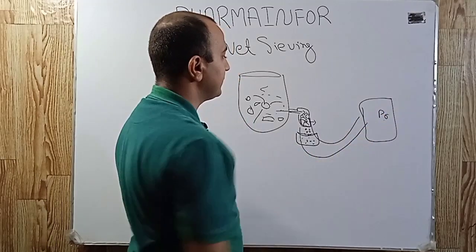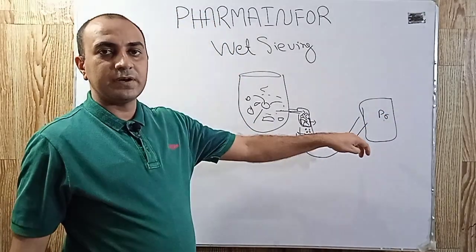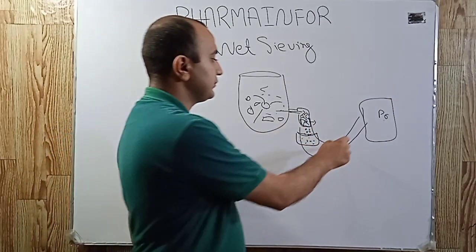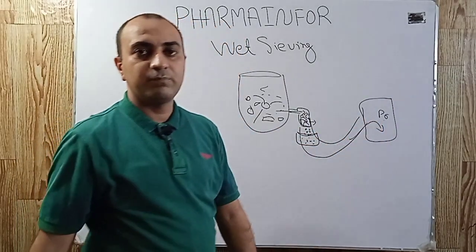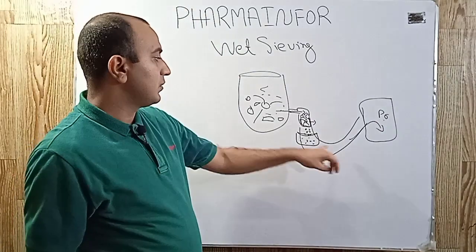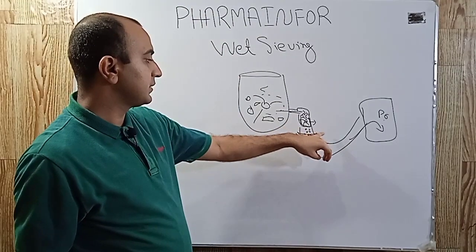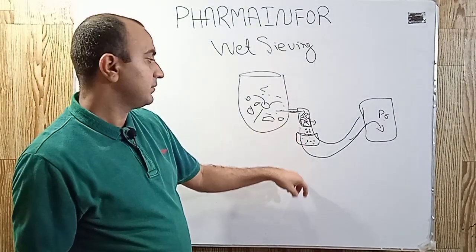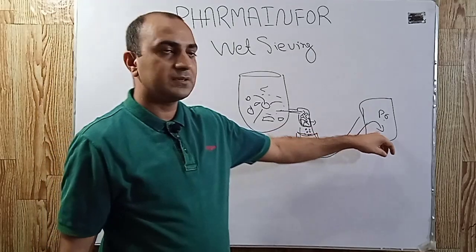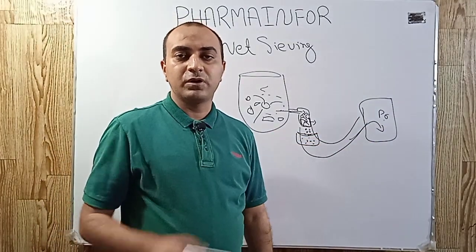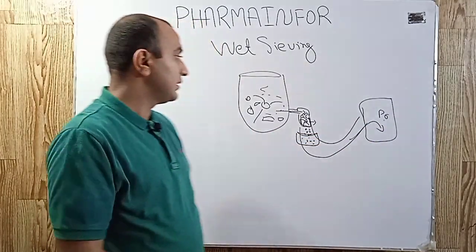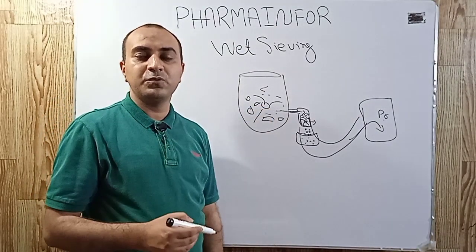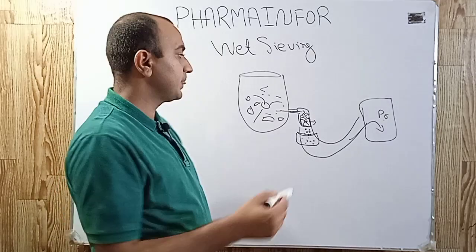product trolley of FBD. We use transfer pipes which automatically transfer our wet sieved granules to the product trolley of the FBD, or manually you can place a container below the wet mill. After filling the container with granules, you can shift it into the product trolley of FBD. Basically this step, wet sieving, is performed to facilitate the drying step.